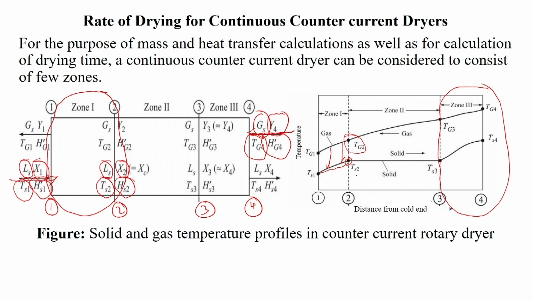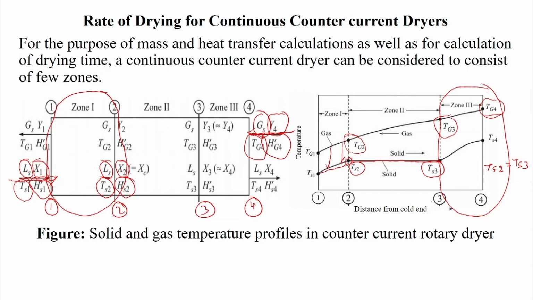And then whenever it maintains its critical moisture content, the temperature of the solid will remain constant. That is why from Ts2 to Ts3 the temperature is constant. So, Ts2 is equal to Ts3, because at that condition the critical moisture content has already arrived. But at the same time, the drying gas which enters at Tg4 at a high temperature, in zone 3 where only the heating of the solid takes place, decreases its temperature from Tg4 to Tg3.